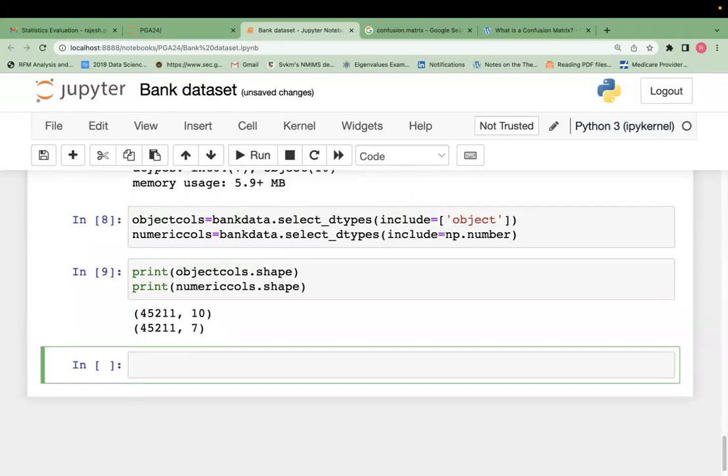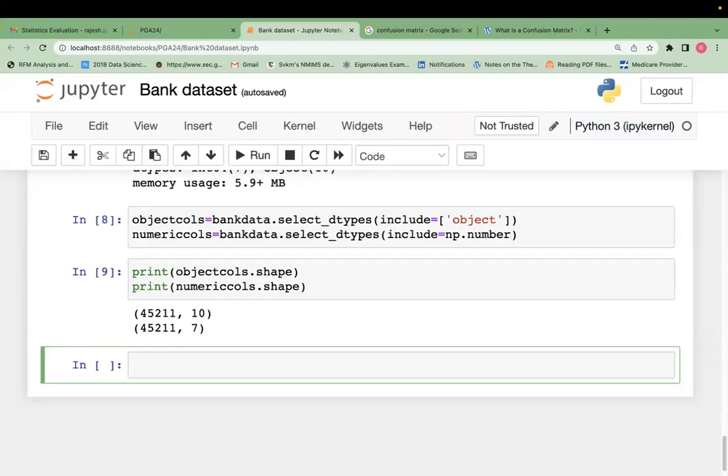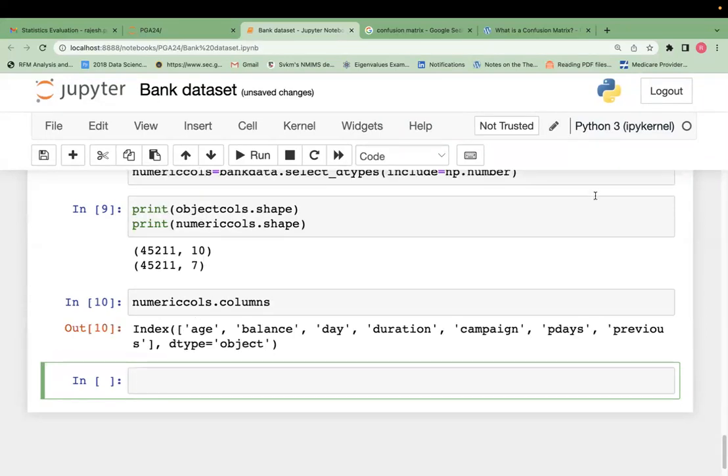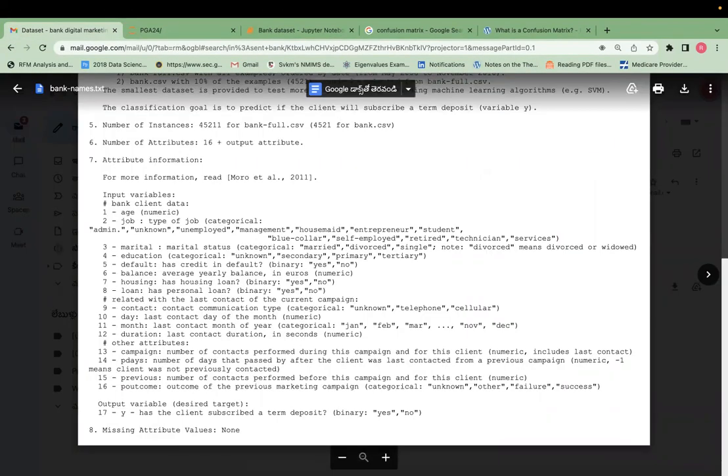So 10 object columns and 7 numeric columns. Check in numeric columns: do we have any categorical columns? Check the description which I sent you. I sent you the data description also, right? Day is last contact day of the month. Duration is last contact duration in seconds. Campaign, number of contacts performed during this campaign. Previous, number of